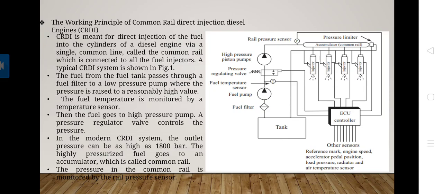In this common rail system, the high pressure pump stores a reservoir of fuel at very high pressure and supplies this high pressure fuel to the multiple injectors. The fuel injectors are typically ECU controlled. When the fuel injectors are electrically activated, a hydraulic valve is mechanically or hydraulically opened, and fuel is sprayed into the cylinders at the desired pressure. That is the working principle of the CRDI engine.